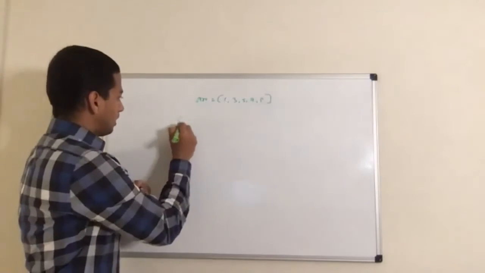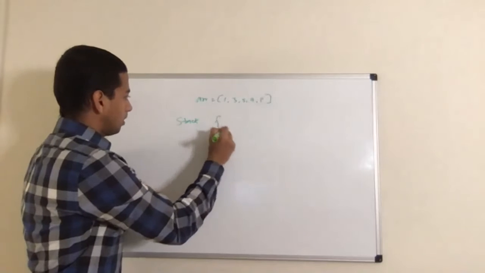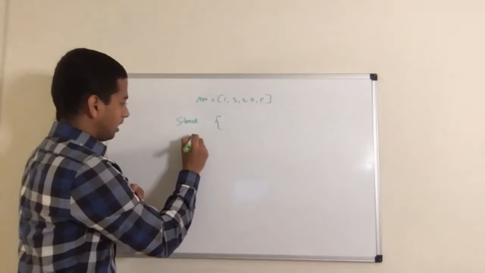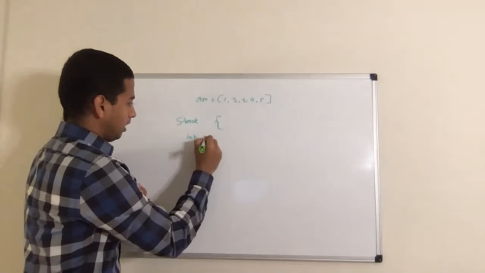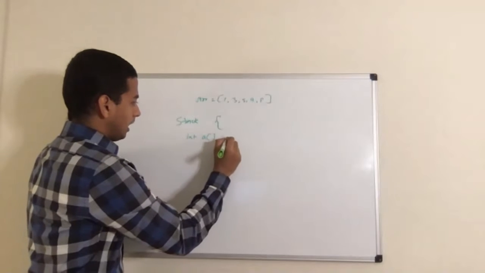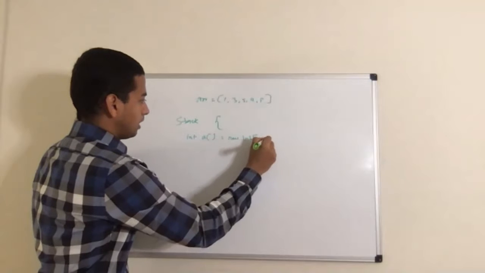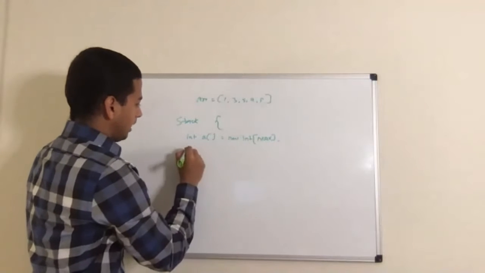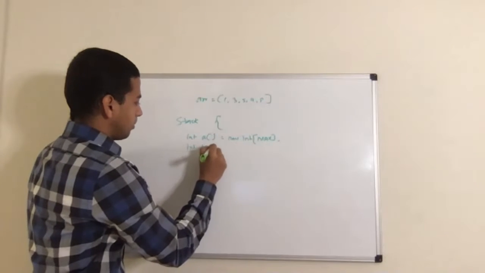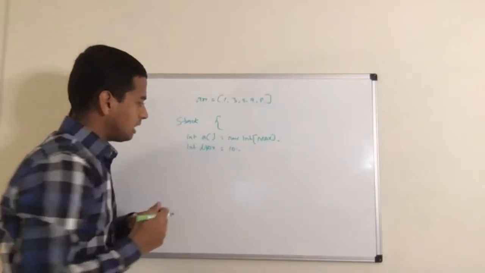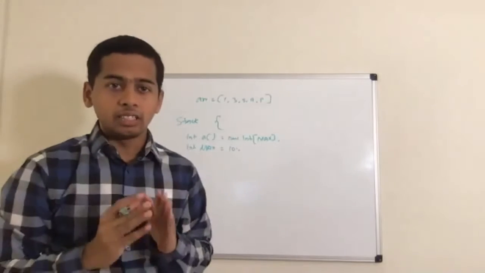I'm going to create a stack class, and I'm going to say that it has an array. Let's say I give a size to that array. I'm giving that size as max, and I'm defining max. Let's say max, we can keep it as 10 for now. Okay, what else will we have in a stack?